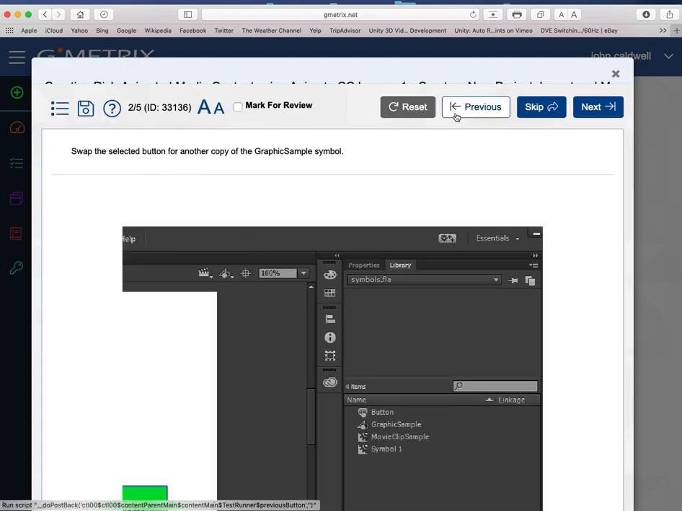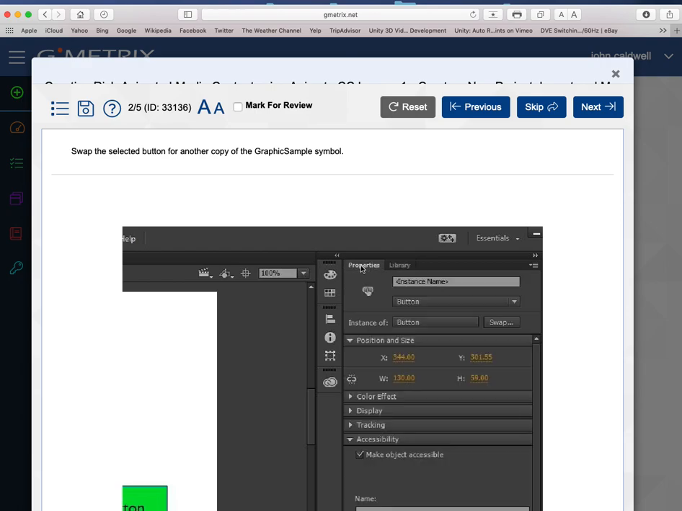Oh, by the way, notice that on that last one, we'll see it on this next time around. Notice that it told me the directions. That's the key thing here you need to look for. Swap the selected button for another copy of the graphic sample symbol. So we're still on library, right? You don't swap a symbol in library, you swap it under properties. And there is the swap symbol. They want us to swap this thing here